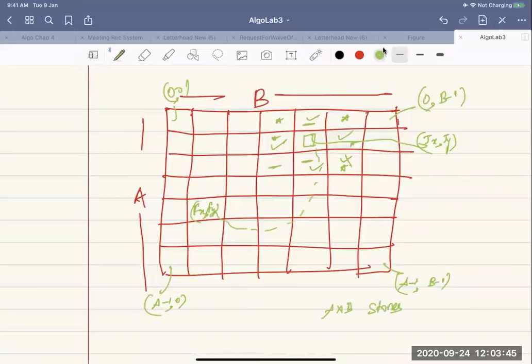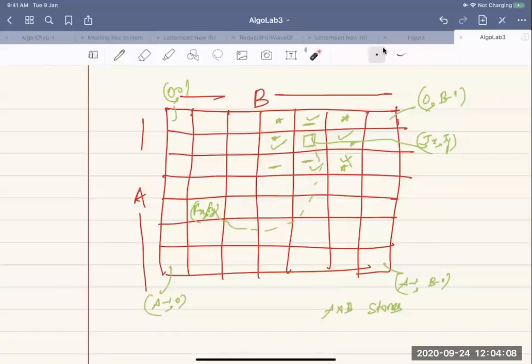Now, in the worst case, it may happen that all the rocks are unstable apart from these two. Suppose all these rocks are unstable, then James can never reach the fly. On the other hand, suppose all the rocks are stable, then James can easily reach the fly. There is always a path.